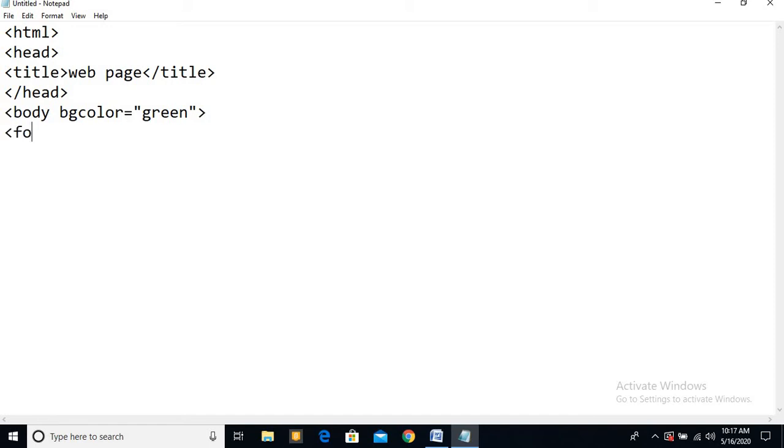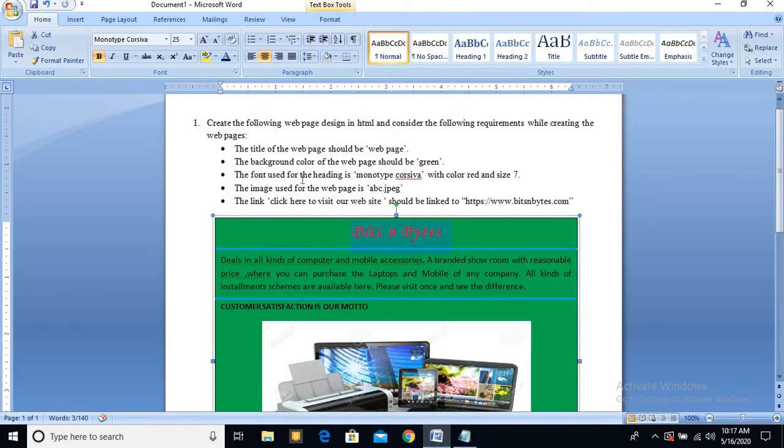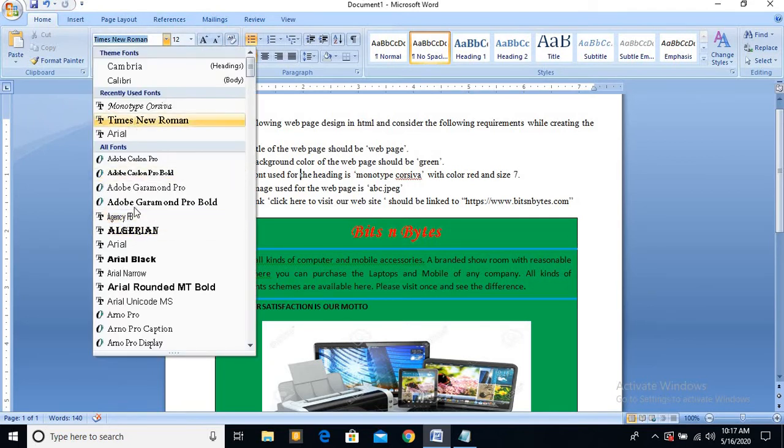Okay, font, space, what is written over there? The font used for the heading is Monotype Corsiva. If you see, these are a lot of fonts which are available in your Microsoft PowerPoint, Excel, Word. Okay, so this is the different writing style which you can give in HTML also.